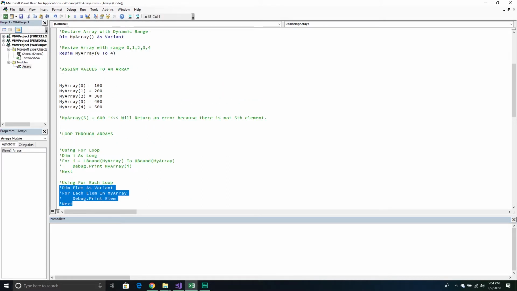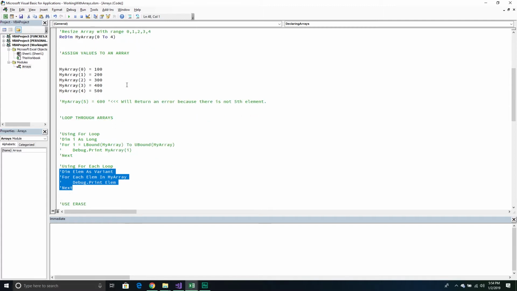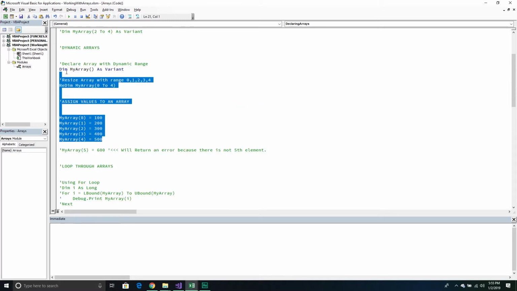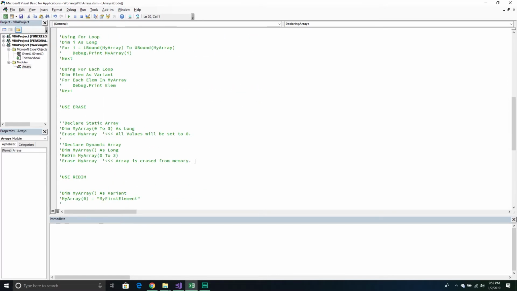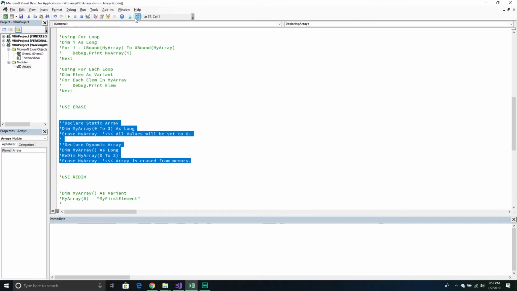Let's assume that we've declared our array, we've assigned some values to it, but now we want to erase it. So we want to clear it out and maybe start over, or maybe we want to declare a whole new array. So how do we do that? Well, I'm going to comment this out. To erase an array, there's two different ways really. Well, they're really the same way of doing it, but they can have two different outcomes depending on how we